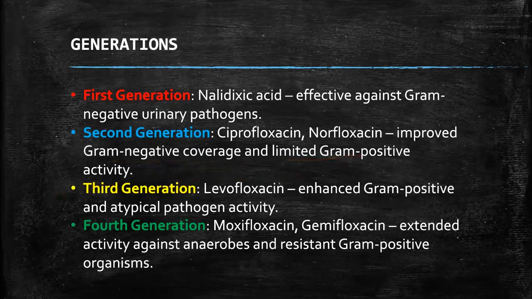Third generation, you will see levofloxacin, which is good for gram-positive as well as atypical pathogens like chlamydia. The fourth is moxifloxacin and gemifloxacin, which are good for anaerobes and resistant gram-positive organisms. So these are basically the 4 generations of the